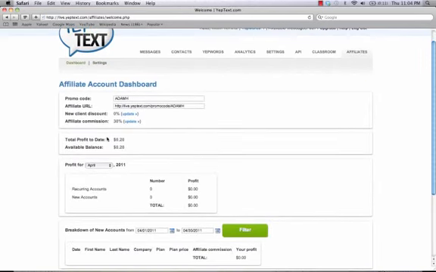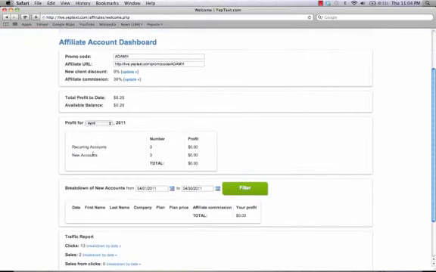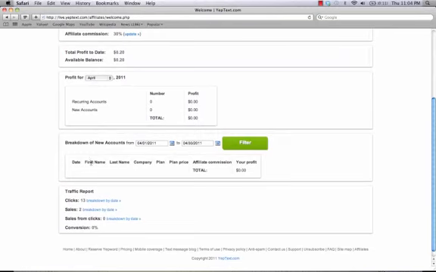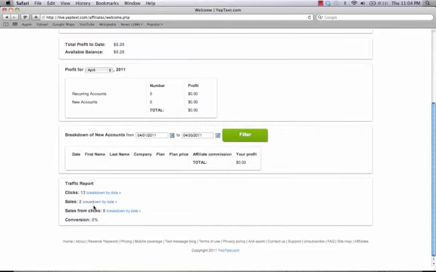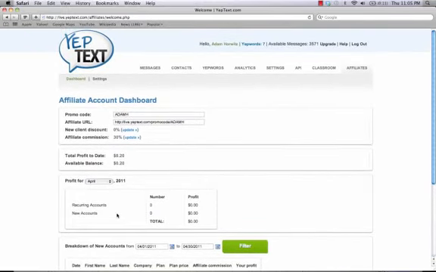It'll also tell you what your total profit to date is, your available balance. You can see recurring accounts, new accounts, breakdown of accounts, and also your clicks, your sales from clicks, and so on. So this is a very, very in-depth affiliate system that we've built for you, and we hope you take action with it. So if you have anyone that you think would be interested in YepText and you want to